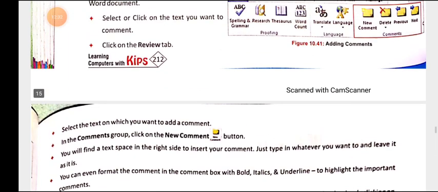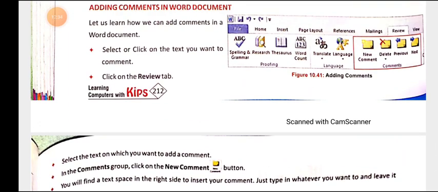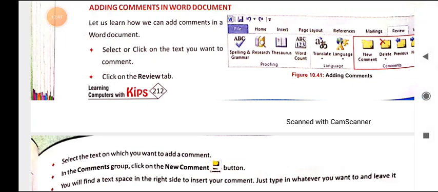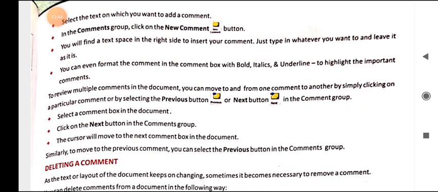तो जैसे मैंने यहाँ पे ऊपर बताया है कि प्रीवियस बटन है और नेक्स्ट बटन है, आप देखेंगे कमेंट ग्रुप पे तो यहाँ पे आपको प्रीवियस बटन और नेक्स्ट बटन मिलेगा। तो आप इस प्रीवियस बटन और नेक्स्ट बटन का यूज़ करके भी कमेंट्स में मूव कर सकते हैं और सिंपली आप अगर कमेंट्स पे क्लिक करेंगे, जैसे मान लो 3 कमेंट हमने बना रखे हैं तो पहला कमेंट पे हम हैं, दूसरे पे क्लिक करोगे तो भी आप उस पर जंप कर जाओगे।